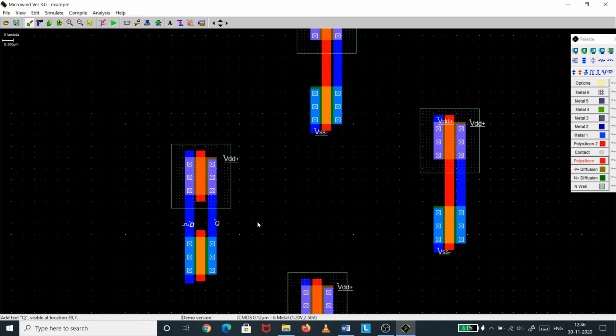Now clock. While providing clock and clock bar, you have to take utmost care, right? So the clock signal should be given. So this is my clock. I am giving clock here.